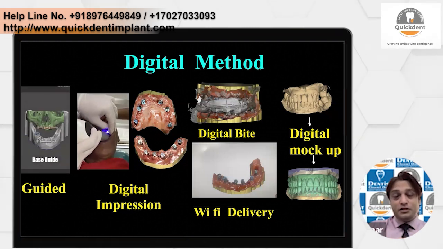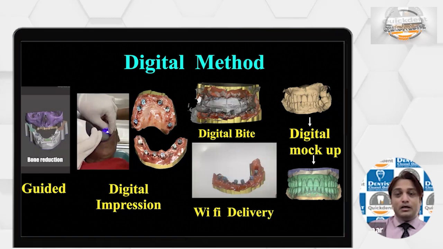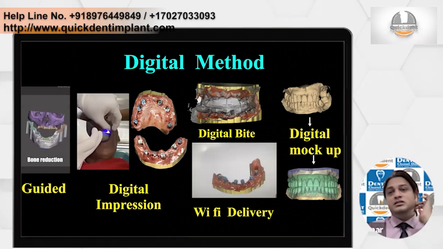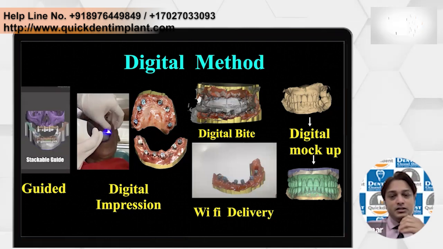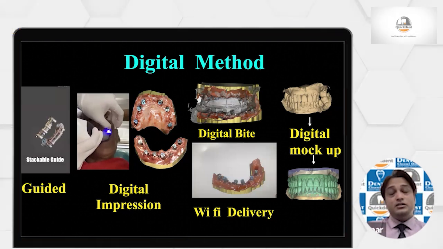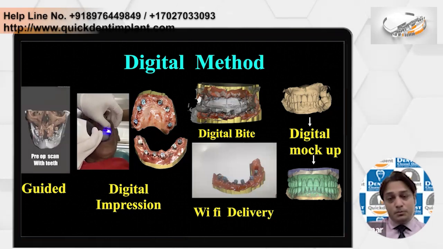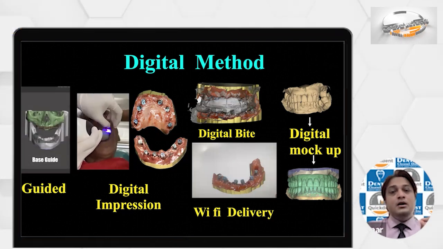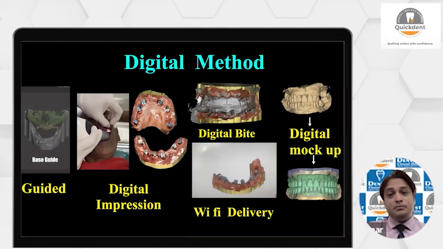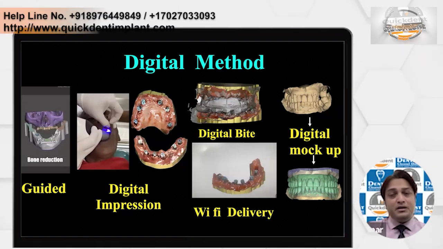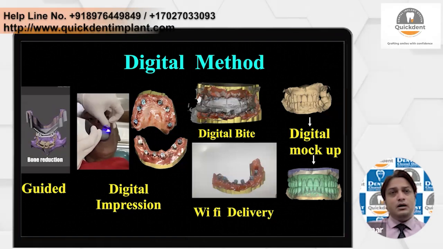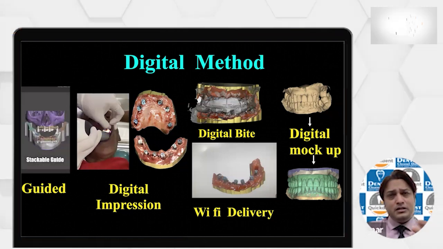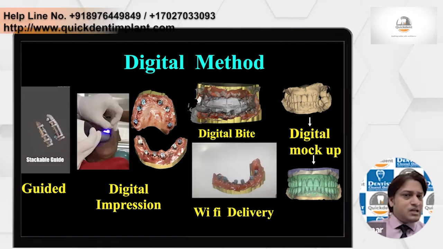And of course the accuracy of digital scanners has improved a lot, but definitely it is not 100% accurate. So you need to do a jig verification even if you are using a digital scanner, a digital bite or digital impression. The jig verification is the most important aspect, because it is not just the scanning, it is also the printing, which can create an error. For example, some printers may print with a little shrinkage, and some print so that instead of shrinkage it loosens. So things can go wrong.